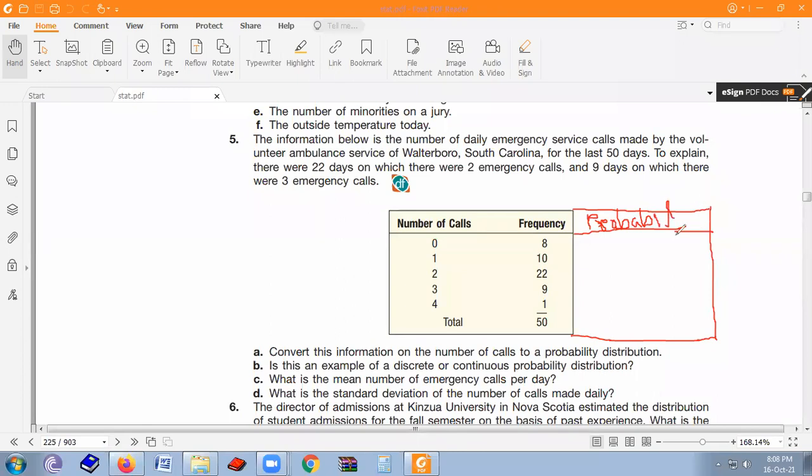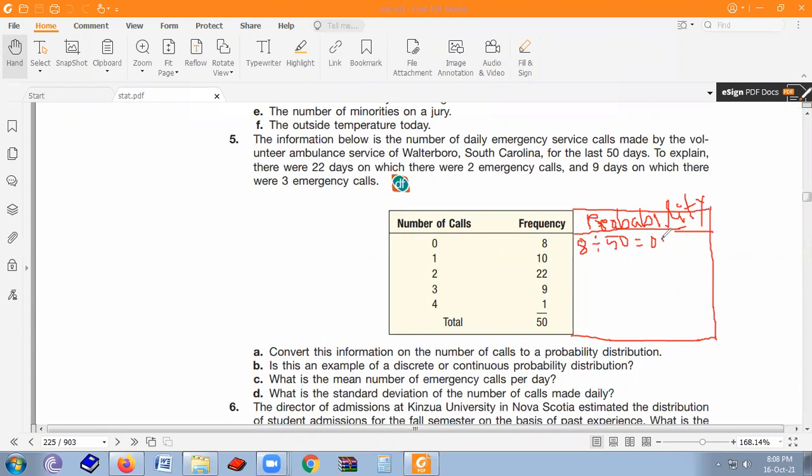And how will we get probability? We have to divide every class frequency by total frequency. So first one is 8, so we divide 8 by 50. Similarly, we have to divide every frequency by the total frequency 50. So 8 divided by 50 is equal to